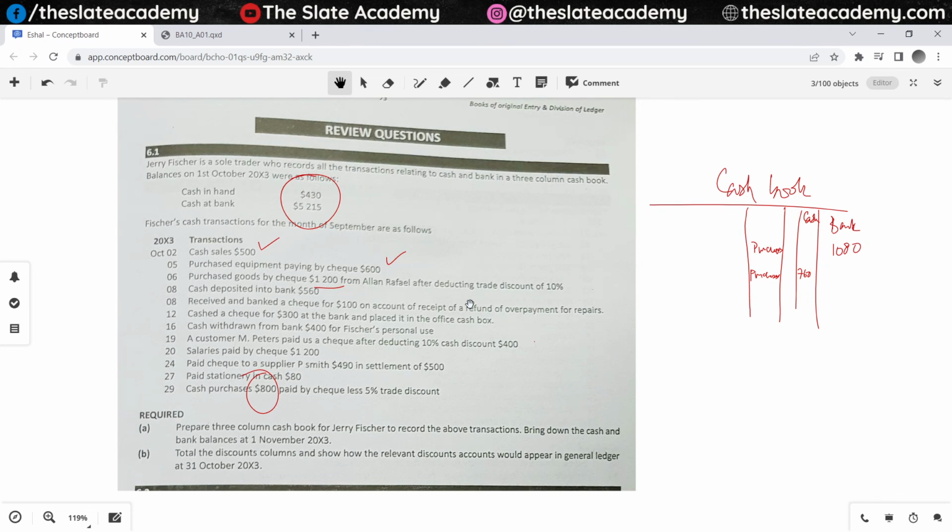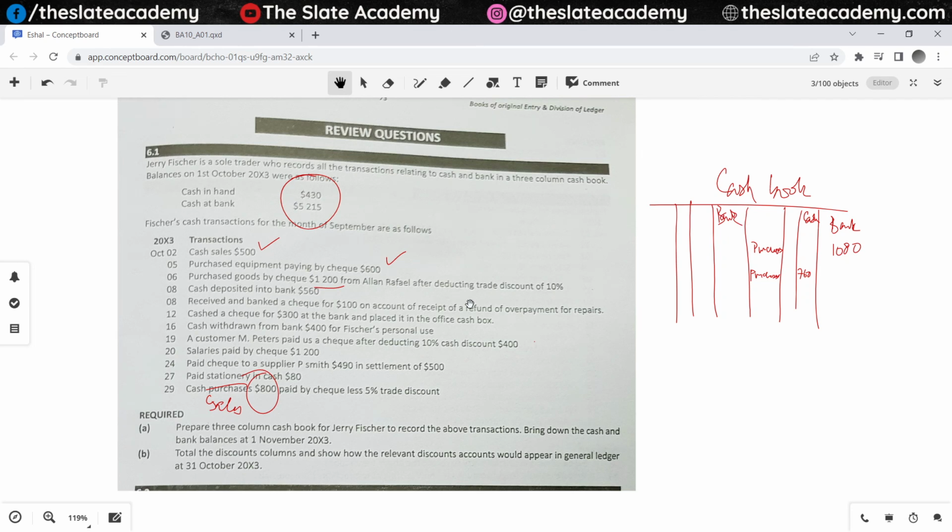So in this one, it doesn't have trade discount entries for sales. Even if it were for sales. For example, instead of this cash purchases, we sold something for cash. Cash sales 800, and the person paid us by check with 5% trade discount. So on the debit side, in the bank column,